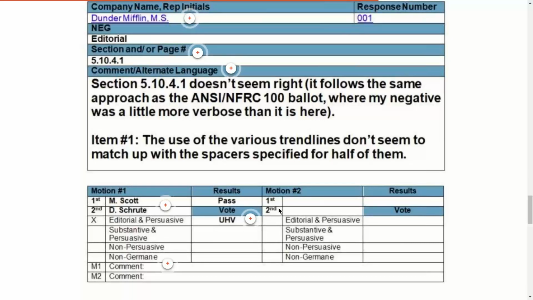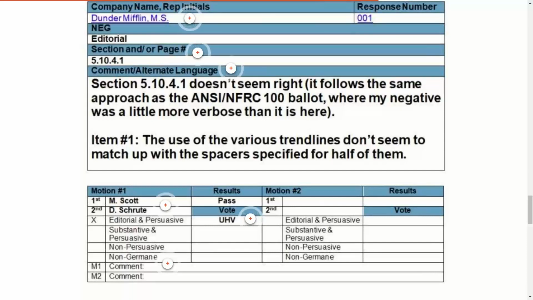And what staff will do is generate a motion form for each negative response, which sometimes can be extensive because one response, which could be a Word document of a balloted document, could have many negatives. So we need to break each one of them up. I'm going to go through the importance of this document and these forms, the information on this form, which will help you understand how we handle